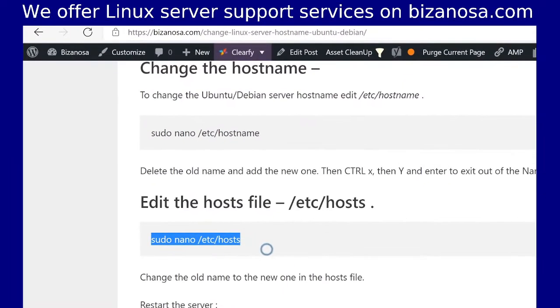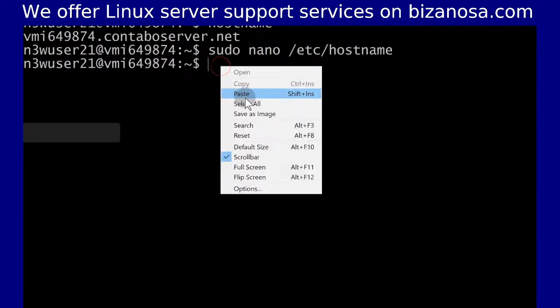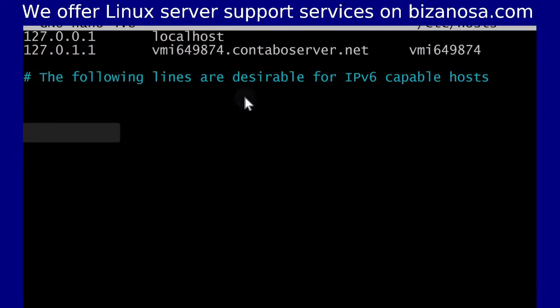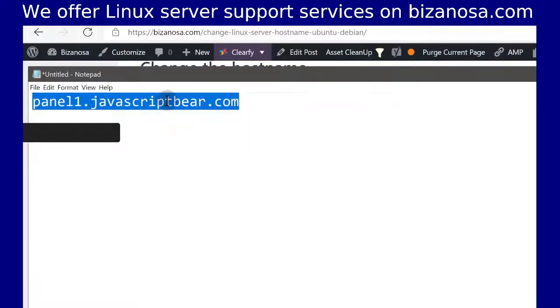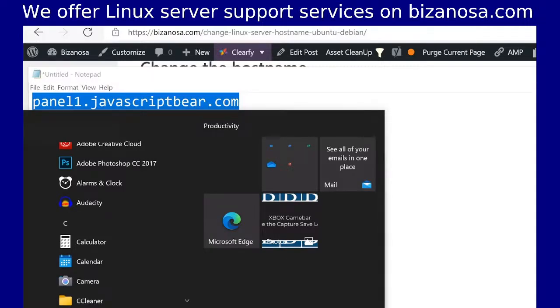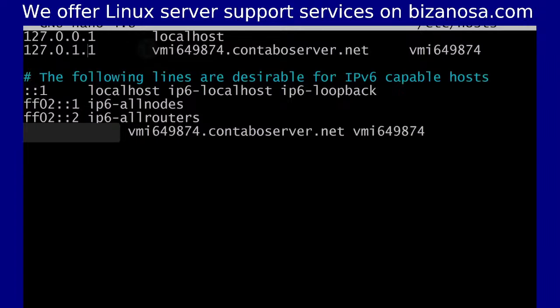So copy, paste, enter, and you can see this is the one we need to change. And we also need to change that. So every instance of the old hostname, we're going to change with the new hostname. Let's come back and copy this. Copy the new hostname. We're changing this on Ubuntu, but this is going to work for you even if you're on Debian. So let me find my cursor, and I will move my cursor to that point,